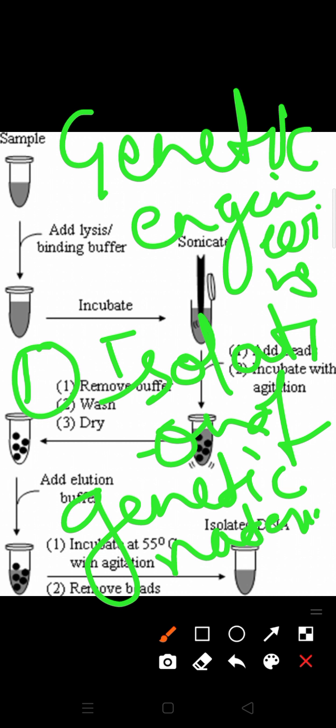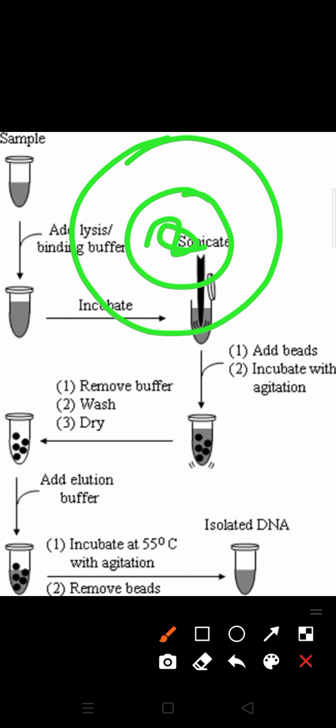You know very well that in all cells, DNA is present inside the nucleus, and in a bacterial cell DNA is present in a thread form in the center of the cell. All the genes are located inside the DNA. So the initial step of rDNA technology is to obtain the pure DNA molecule. Firstly we isolate pure DNA, then we cut this DNA at a specific location. Then only we get the gene of interest.